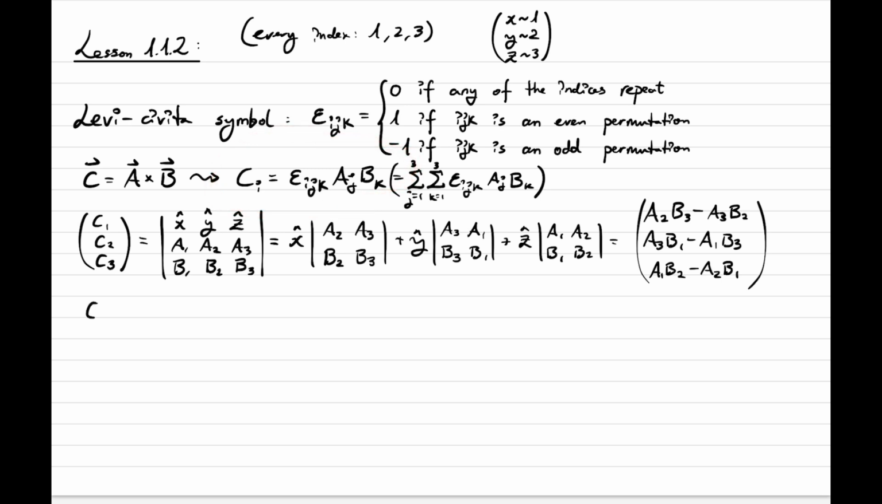So let's see, the first component of C is just epsilon_1jk a_j b_k. You have to recall that I said that j and k are dummy indices because they are summing, but here, if you recall our definition of the free index, i is a free index, because although this is one equation,